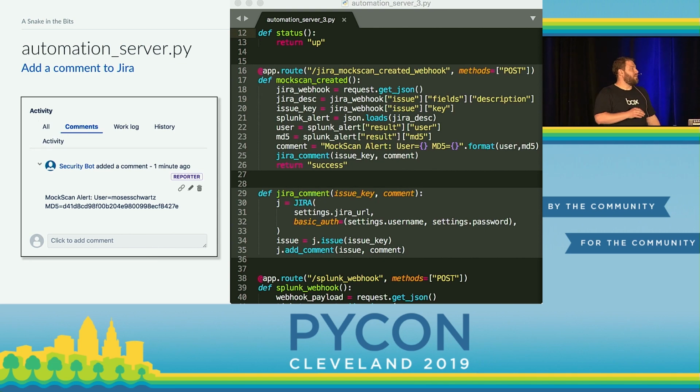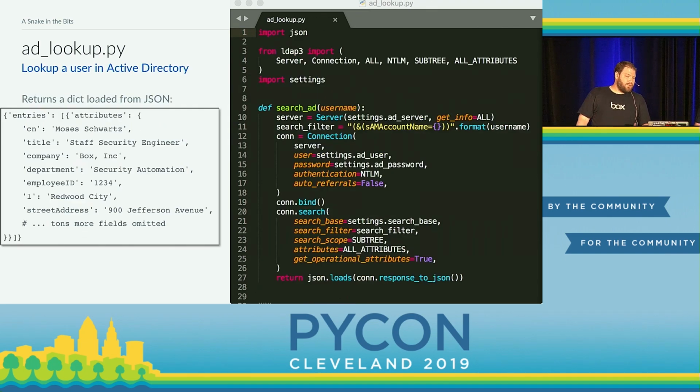So we're going to pull out the result that was in that description field, and that was actually JSON that we wrote in there, so it's double encoded, so we've got to load that JSON again. But finally, we can pull out a few fields. We're just going to grab a user and an MD5, and then we can call our Jira comment function and comment on that ticket with that information extracted from the JSON. That's not a whole lot more useful than just having it in that JSON, but if we were to go